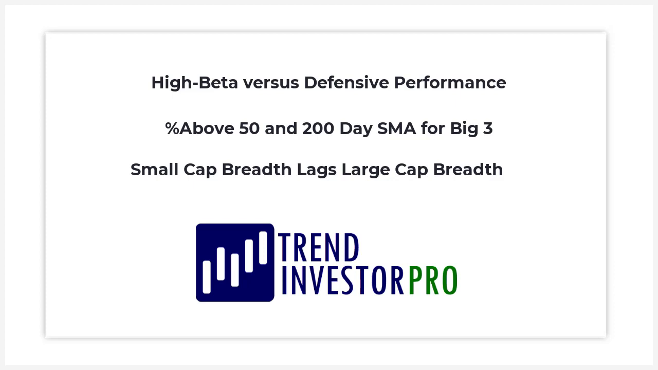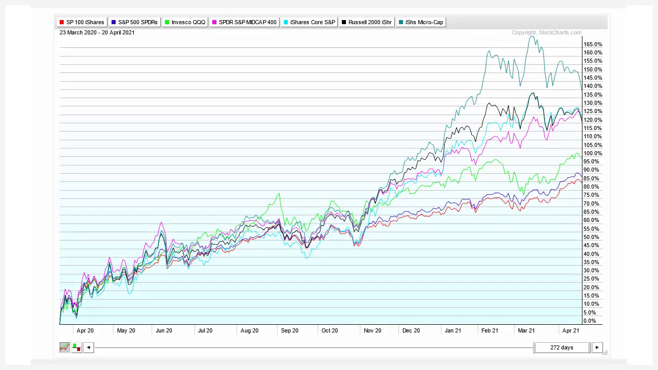We're going to look at the percentage above the 50-day moving average and 200-day moving average for large caps, mid caps, and small caps. And then I'm going to take that one step further, and we're going to look at small cap breadth relative to large cap breadth by looking at the differentials for these percentage above moving average indicators. So we're going to look at a number of perf charts to start off with, and I'm starting with a